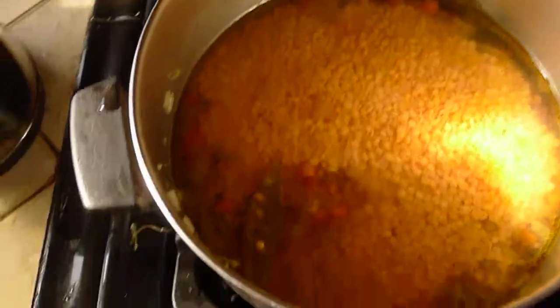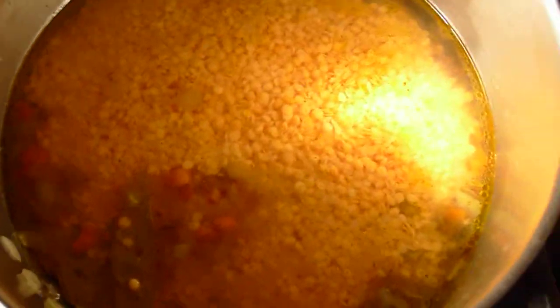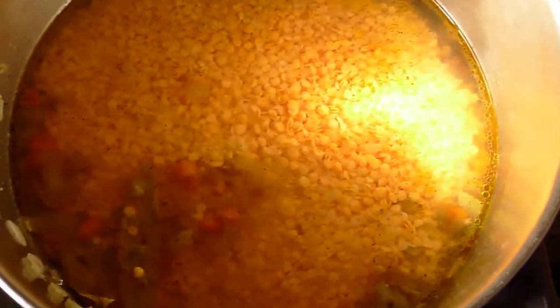So now I'm going to get some more water, and you can see how everything's combined there. I'm going to add quite a bit more water, another quart of water, and then I'm going to bring it to a